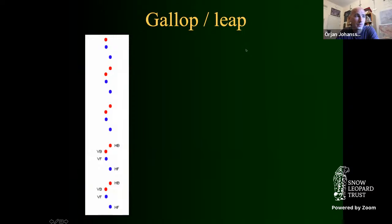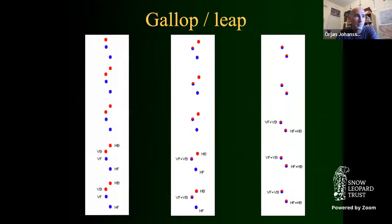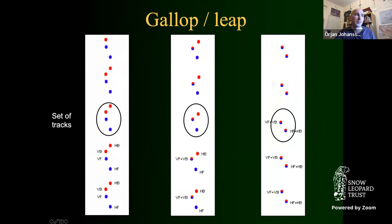But what you do get is these sets, I think. There's always a set of tracks with all four paws, and they can look like this, that you have four. It could be three, or they can be two, because they put the back paws in the front paws' pug marks. And if you look at them,